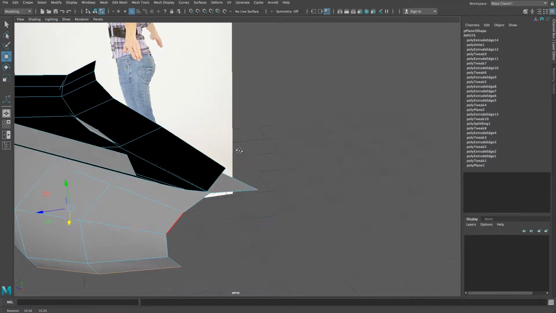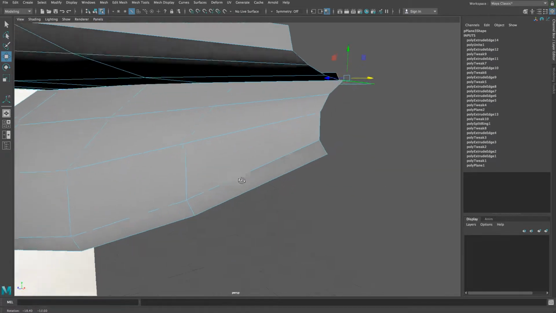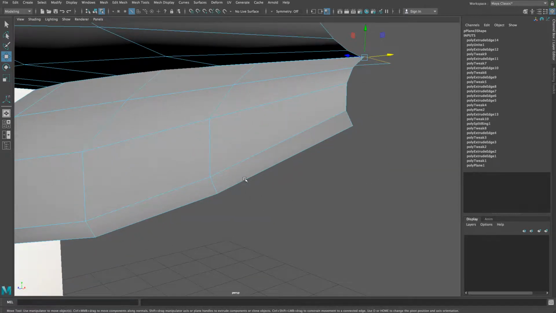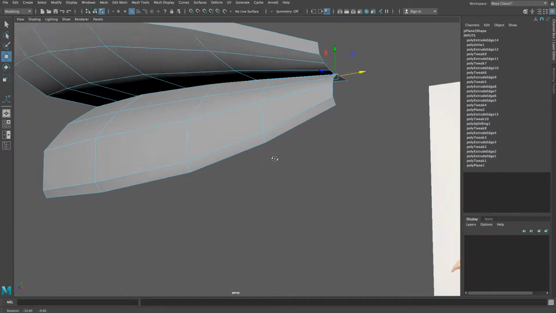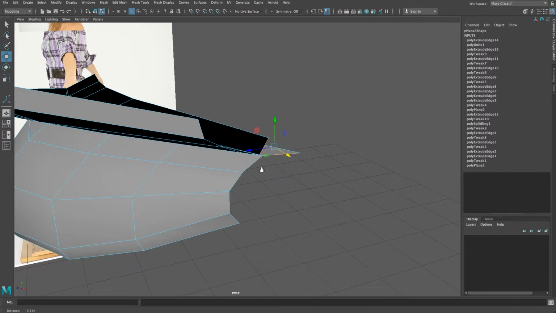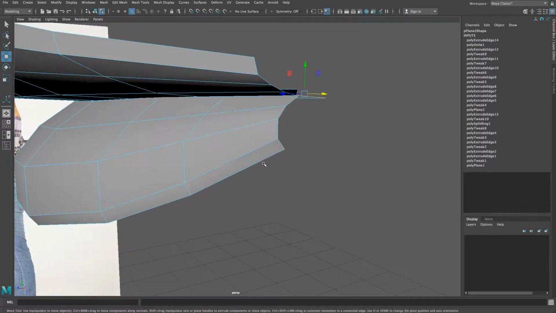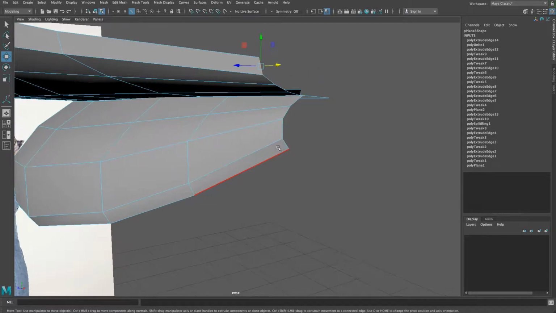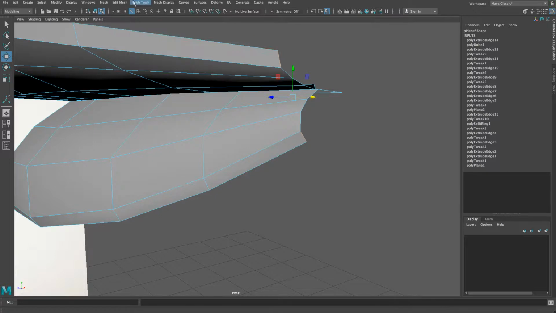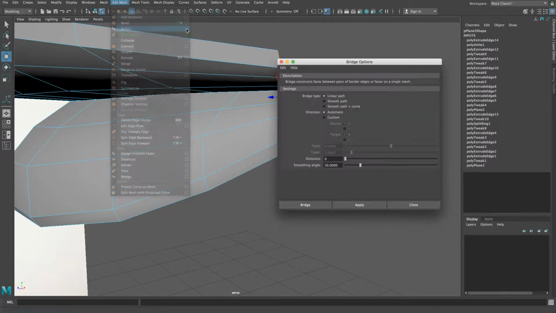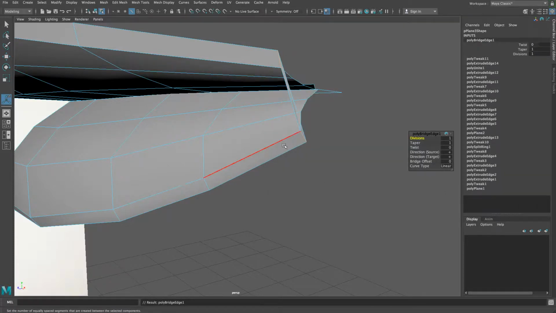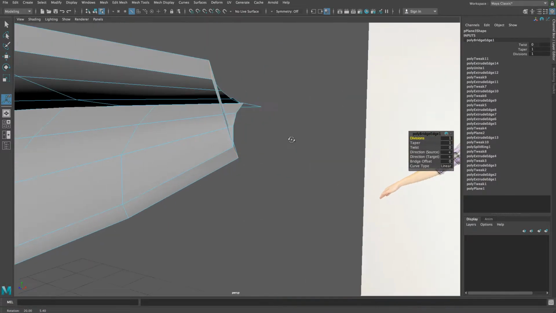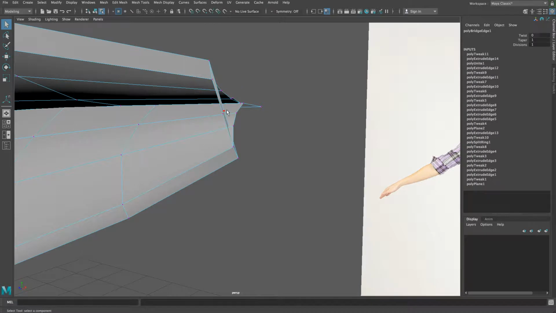Now, what I would do is I'm going to select this last piece, and we're going to bring them together with a bridge. Let's do it in the front. We'll take the very top part and the very bottom part, and let's see if we can do this. This might work. Let's go to bridge. I'm going to go to the option box, and I'm going to choose one division and hit bridge. That worked. Now what we need to do with this is it connected the two, but we need to select those two vertices,